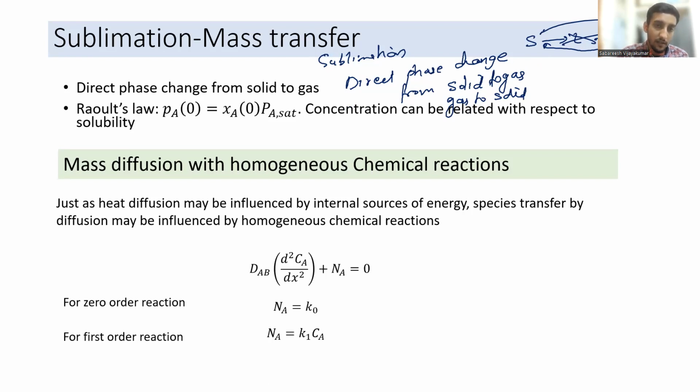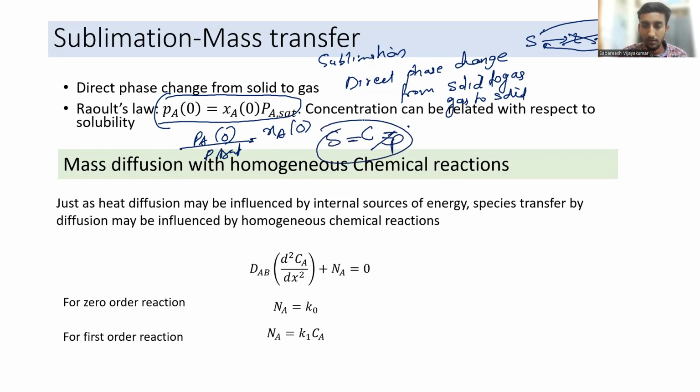For such analysis, we can use Raoult's law, which states that the pressure at the surface is equal to the ratio of the pressures, and that will be equal to the mole fraction. From that, the concentration of a particular substance can be related to its solubility. As I mentioned, C by P is the solubility of a gas or substance, meaning how much it can be dissolved in a substance. That depends upon the concentration as well as the pressure, so both factors are very important in determining the